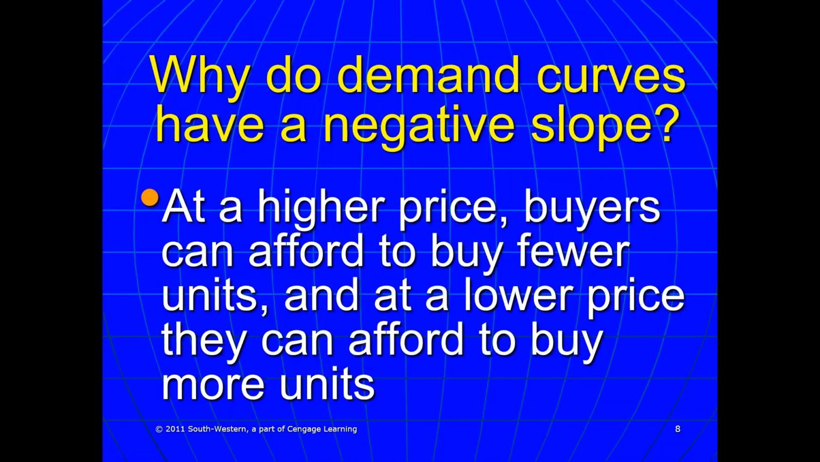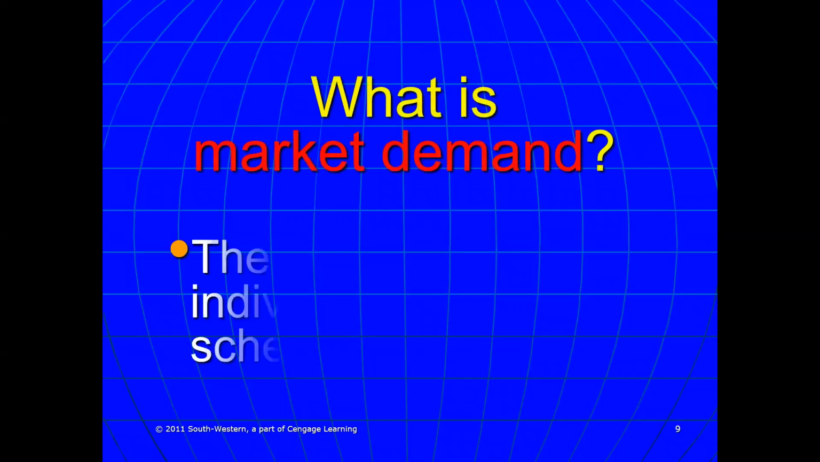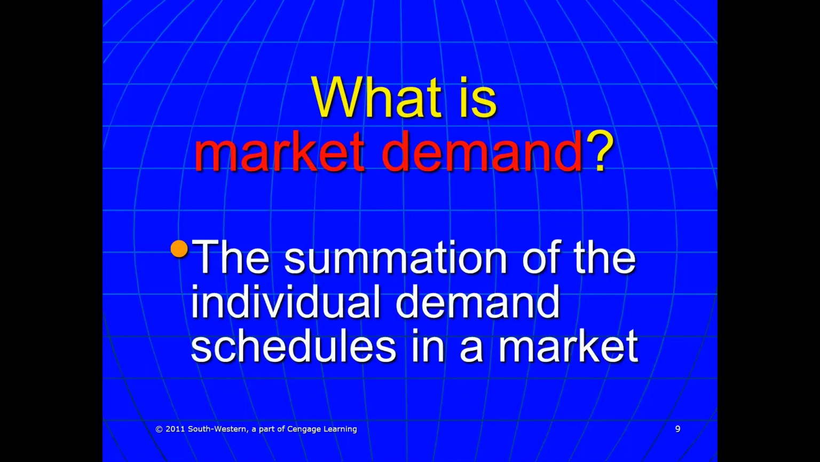Remember, because of the law of demand, we've got this negative slope. The demand curve is going to go downward. At a lower price, people are able to afford more DVDs, more shoes, whatever we're talking about. Now, that was just one person's